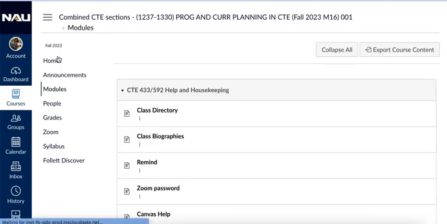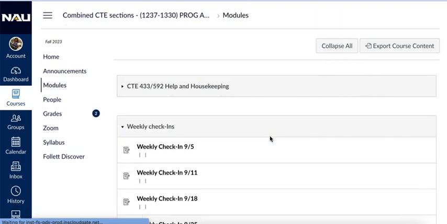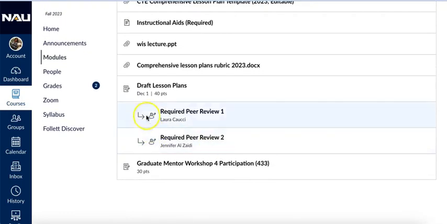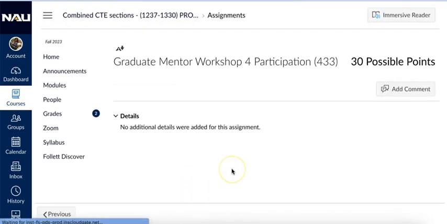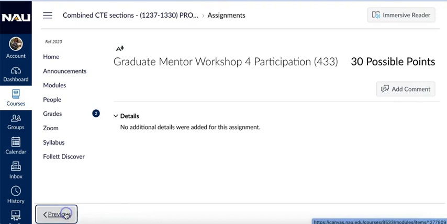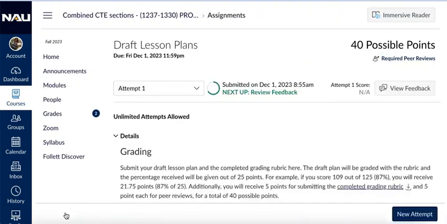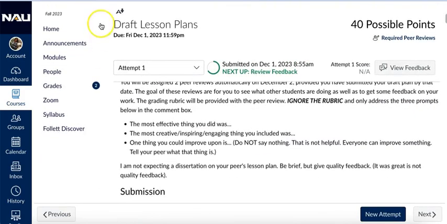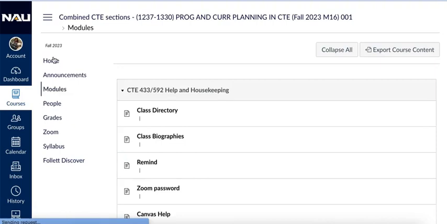Back to my modules. So I was just in my own assignment submission, but after I've been assigned a peer review, it will show up here. I cannot click the next button in peer reviews. Next strictly takes me from my submission all the way to the next assignment. If you will see, I'm now in the next assignment, and if I go previous, it does not take me to my peer review. I actually have to access my peer review from the original place of turning it in,